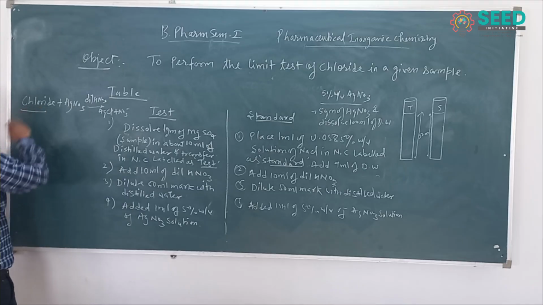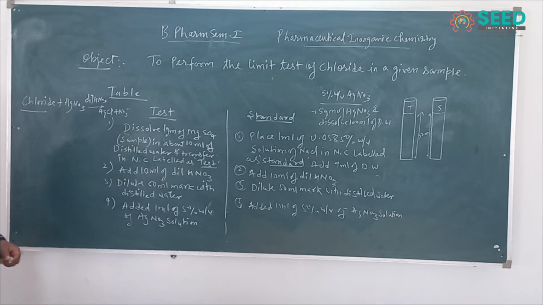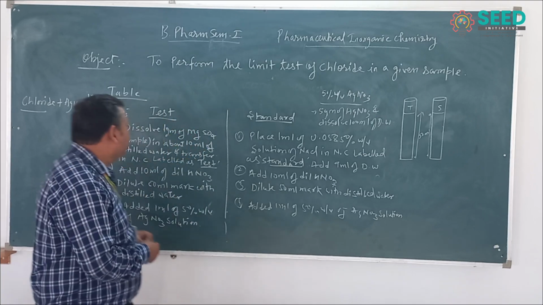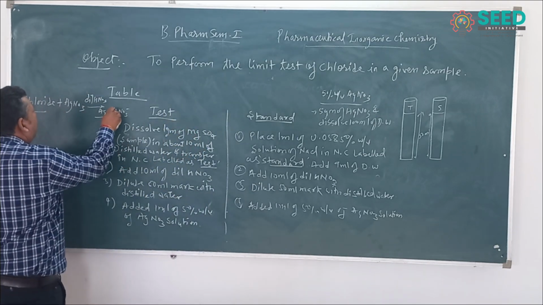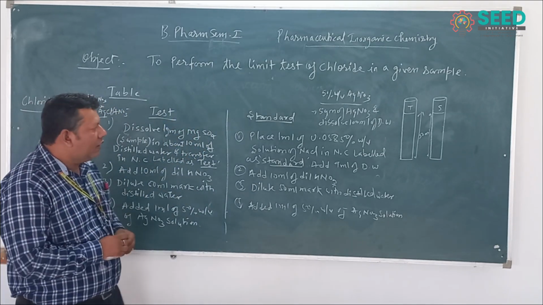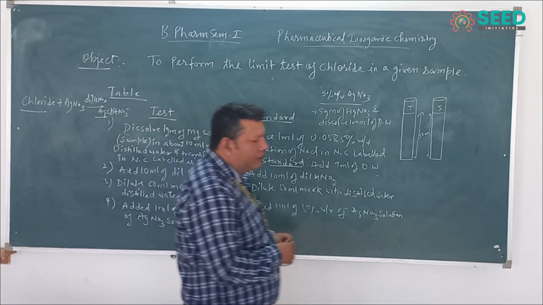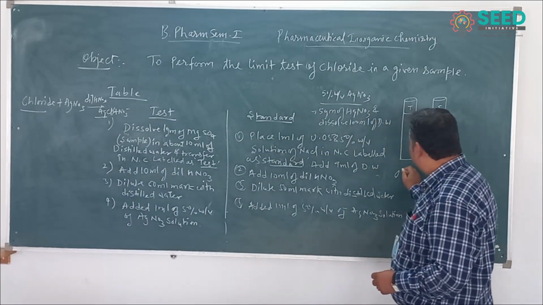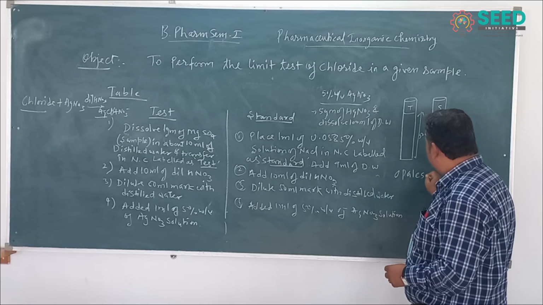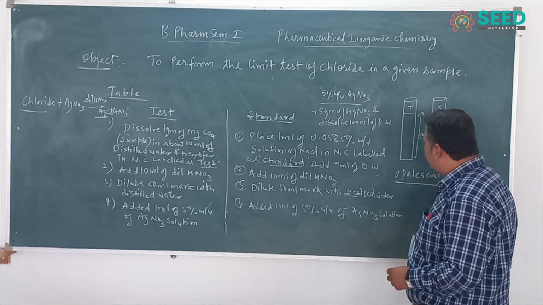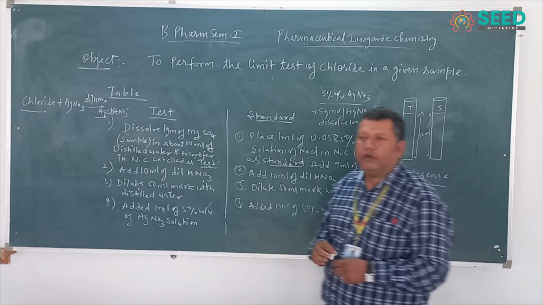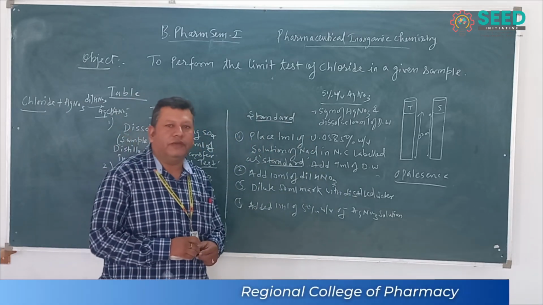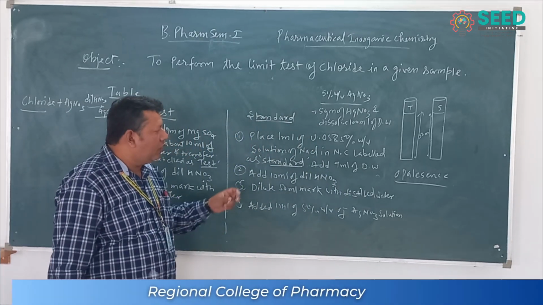Chloride is soluble and silver nitrate is also soluble, and AgCl creates the precipitate. The comparison in this limit test is by opalescence. Opalescence means it is not a clear precipitate and not transparent, but only a